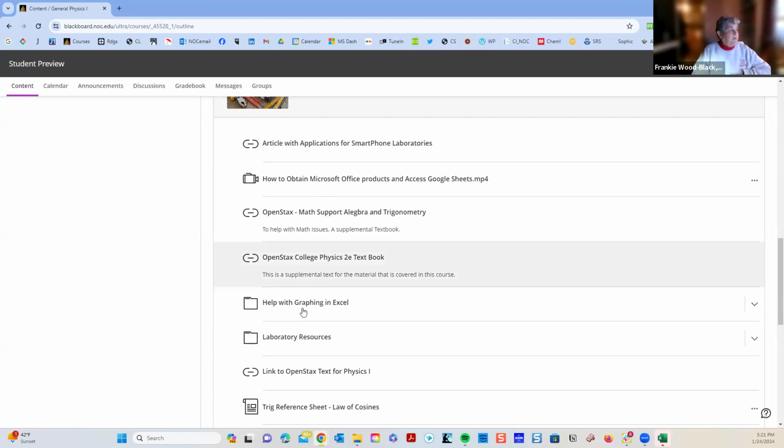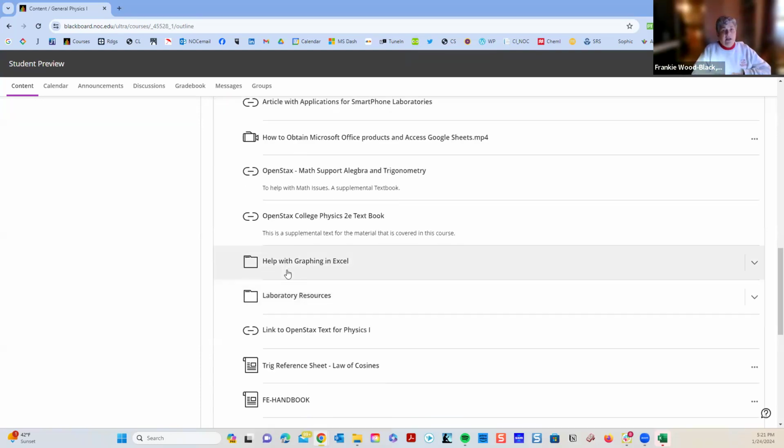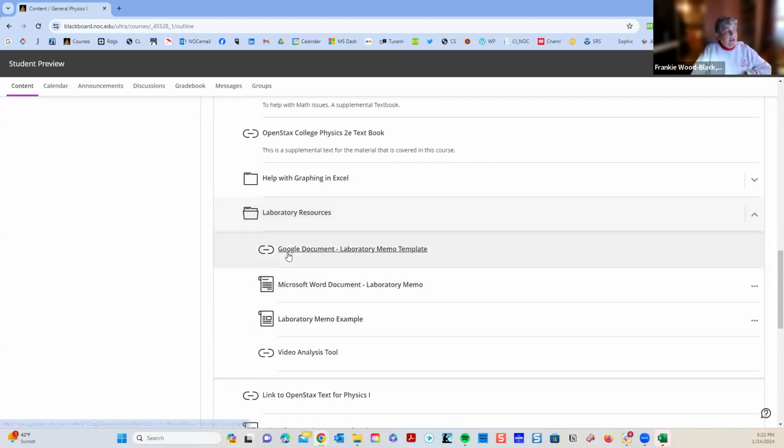So that will help. This is another folder. Your first lab is utilizing graphing in Excel, so I have some helps on graphing in Excel. This is some of our laboratory resources. Here is a laboratory memo template in Google Docs.